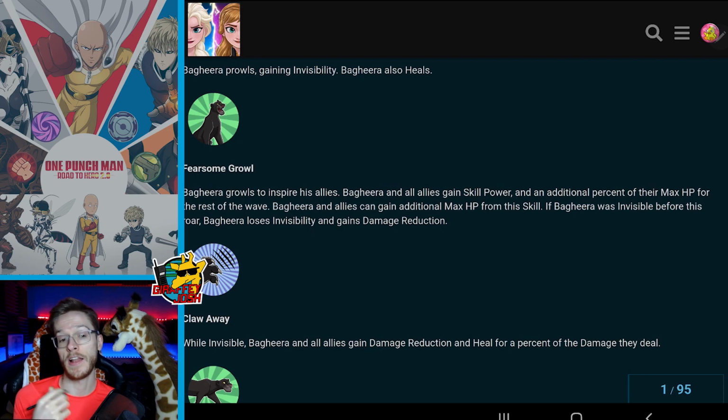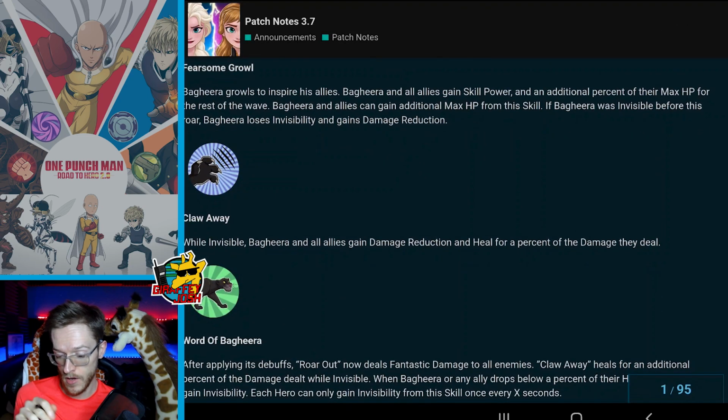Okay, so I like that all of his skills take him out of invisibility. They've kind of already done some balancing with him there. Because if he was to just stay invisible. So it looks like whoever makes these characters spend all their time on this one and then just Ra was an afterthought. But yeah, while invisible,